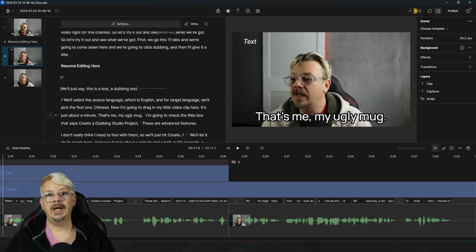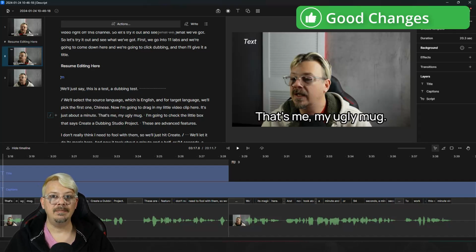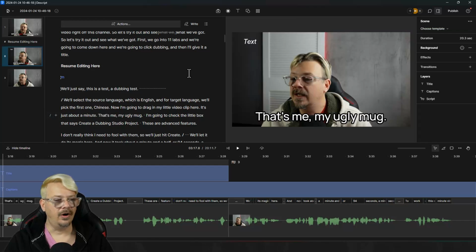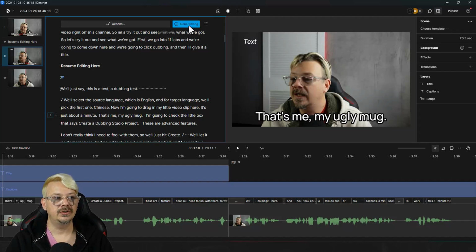Listen, they have made a ton of good changes, quality improvements as well. For instance, they used to have these 3 modes that the script panel worked in. It's like a writing mode, an overdub mode, and some other mode. I don't even remember what it was, but it was clunky and it was confusing. They've simplified that now to you've got kind of the main mode, and then you can click this to switch yourself into write mode.